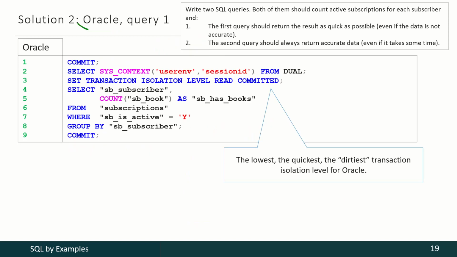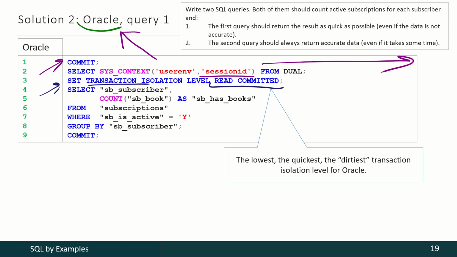For Oracle, the general concept is the same, except for one difference. As in this DBMS we cannot start a transaction manually, we only have to commit any active transaction and wait for any data modification operation to happen. Then here we have to deal with this ID and make sure that it differs from the ID of the second query session. Finally, we have to change the transaction isolation level to read committed, execute the data reading operation, and finish the transaction.